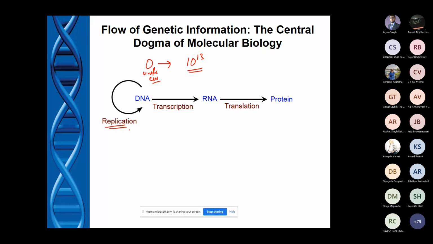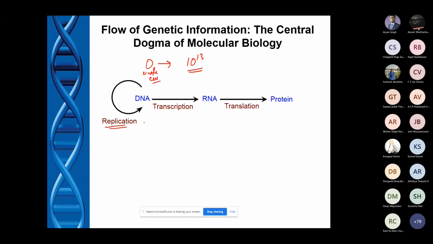It's happening very systematically in our body and very perfectly without mistakes. You understand, right? If a lot of mistakes happen, then what will happen? We have wrong information that will make wrong product and that will create problems, right? So this is a very precise system where mistakes are almost negligible, no mistakes.